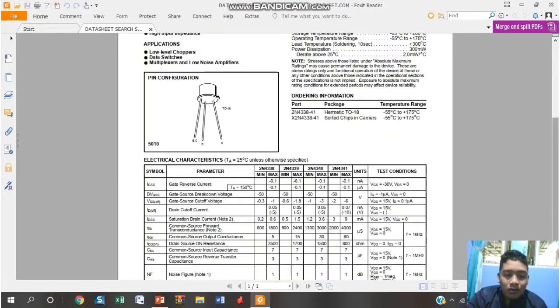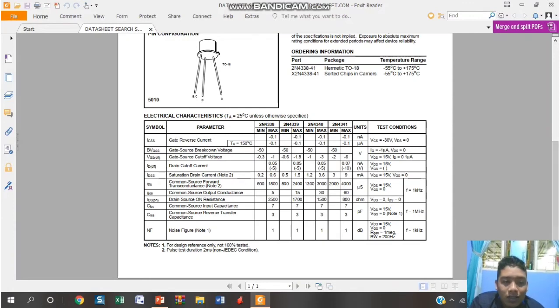Okay, so as you can see, the IGSS for the 2N4341 is 0.1 microampere, so you can see there. And the test conditions are VGS equal to negative 30 volt and VDS equal to 0. So for drain cut-off current, the current is 0.05 milliampere,